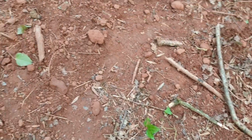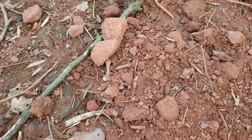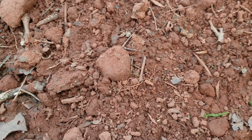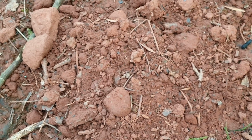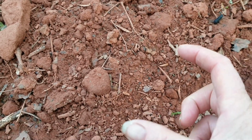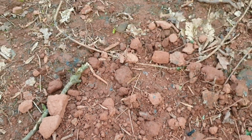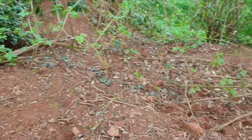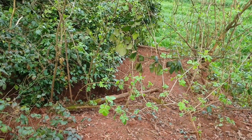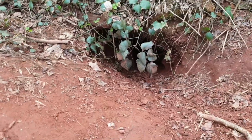We've got some fresh digging, not particularly fresh. I've seen it fresher. Sometimes on the diggings you'll see little hairs, badger hairs, which are distinctive. I can't see one at the moment, but they're long and white with a black band near the end, but the end is actually white. So there seems to be another hole over there with a big spoil heap outside of it. And then just behind us is a badger hole,